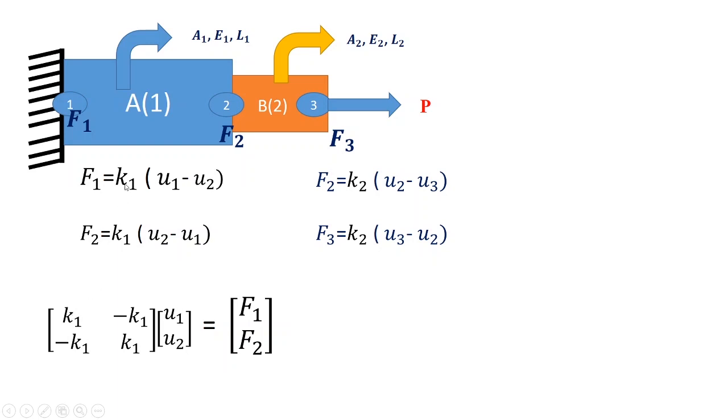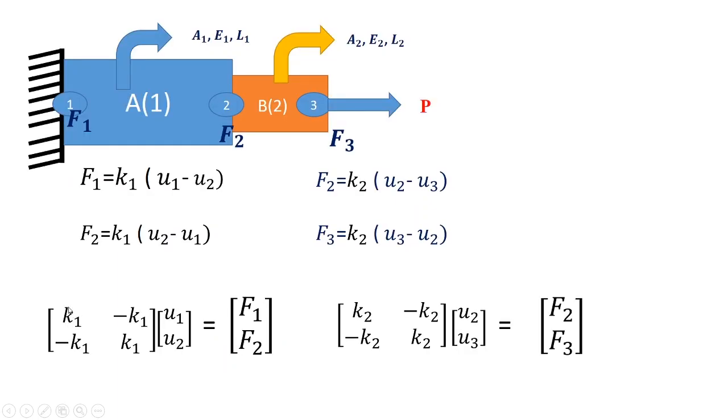Got it? Now we will go for F2. Try to pay attention to this step. This is the most crucial step. Don't mug it up. See, K1 when multiplied by U1, it is negative. That's why I have written minus K1. Got it? Why I am doing this? See, this one is my element 1, which we will see in the coming video. Why I have done this? This is for element 1 and this is for element 2.